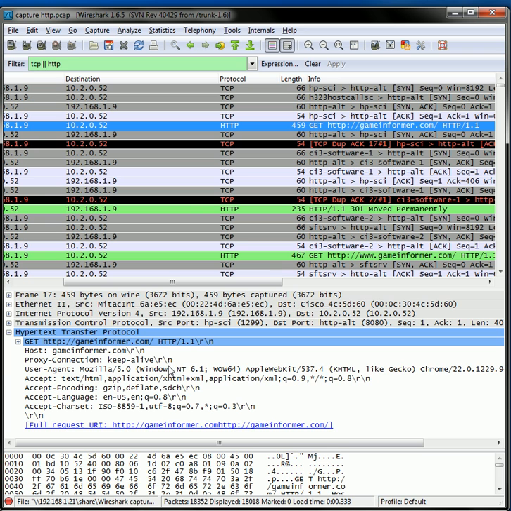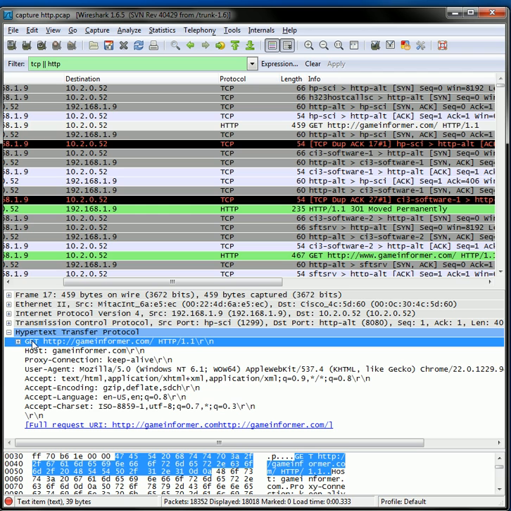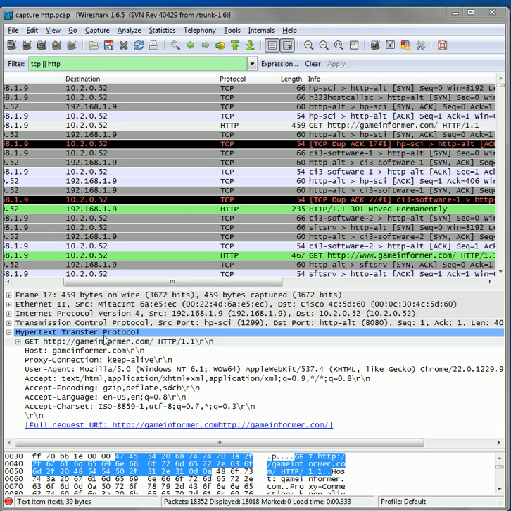The GET part is the type of request method that tells the destination what it is trying to do. In this case, it is trying to receive the web address gameinformer.com. There are many other types of request methods that HTTP uses. Some are the GET, which requests data from the destination, the HEAD, which asks for a response identical to a GET request but retrieves metadata that is contained in the header without actually sending the entire content,